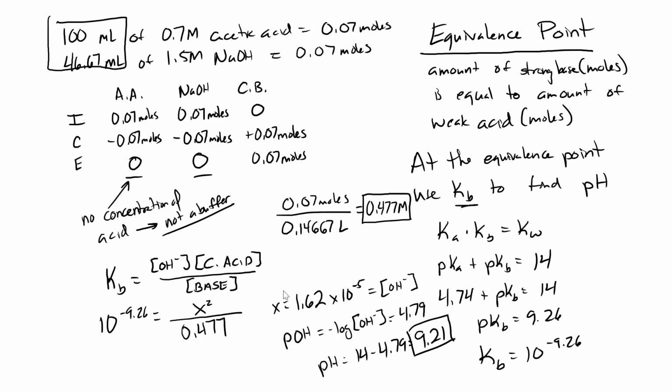Once you do that, now you have your concentration of OH minus, and you need to convert that to pH, right? You can find the pOH first and then subtract from 14, or you can take Kw divided by this number to give you the concentration of H plus, and then take the negative log to get pH, either way. But I did a little extra work to show you where all these things fit together, and also to get to this final conclusion, which is that the pH of this solution,